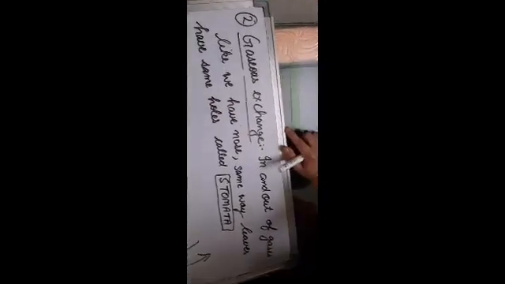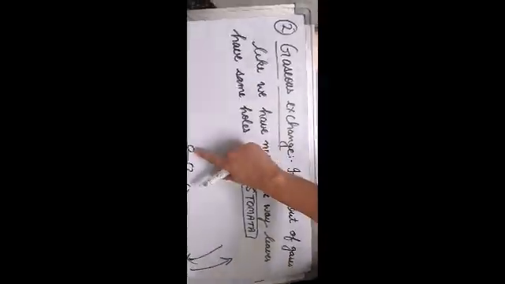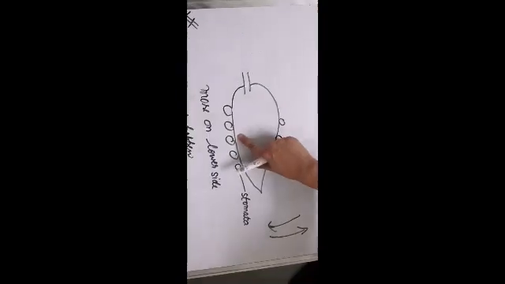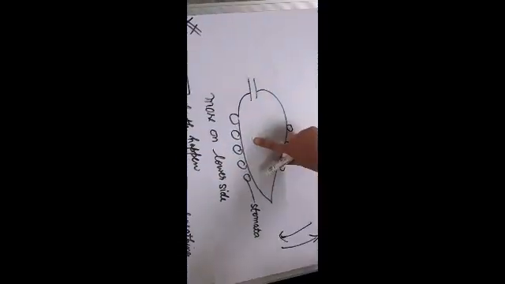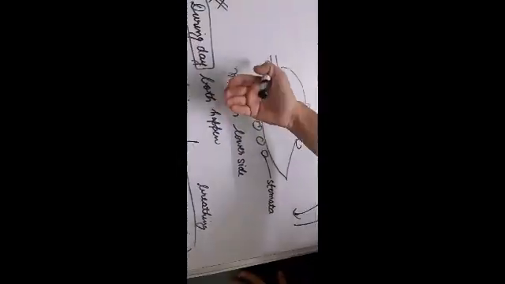Let me revise this topic again. Now see, gaseous exchange. This is a very new topic for you, so listen to it carefully. Gaseous exchange means taking in and out of gases. One gas will move in and the other will move out. Like we have nose, similar way plants have small holes called stomata. Stomata are present more on the lower surface as compared to the upper surface. So what happens in the stomata? One gas will move in and the other gas will move out.